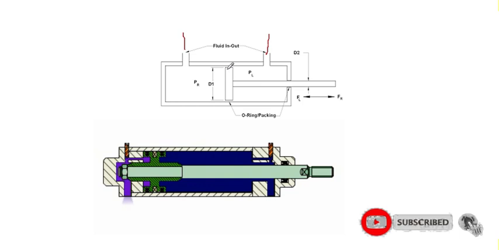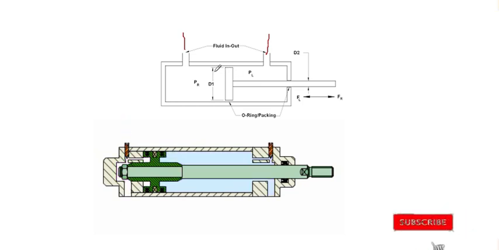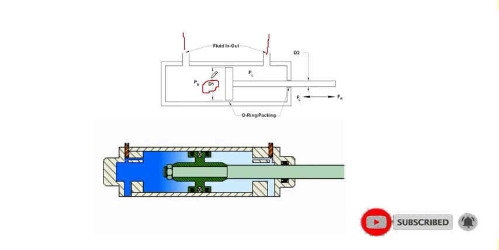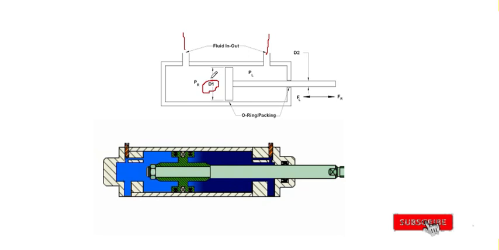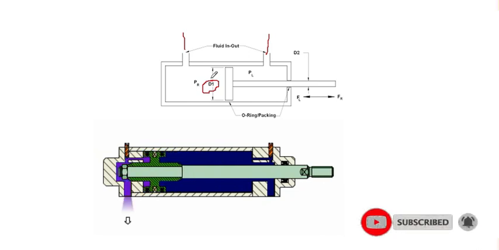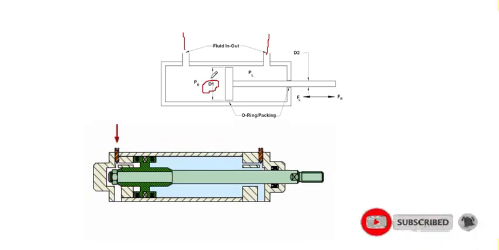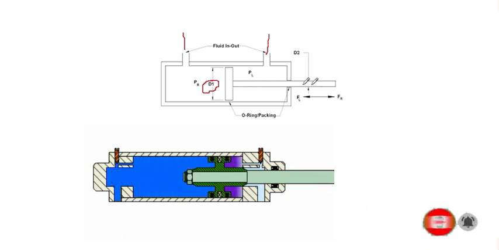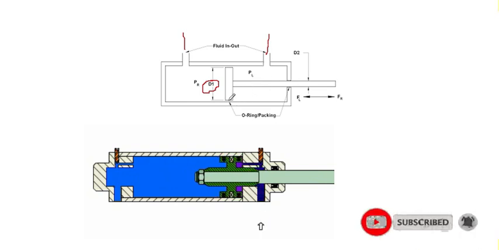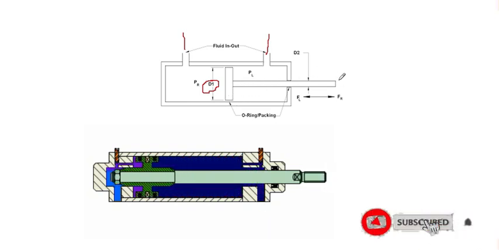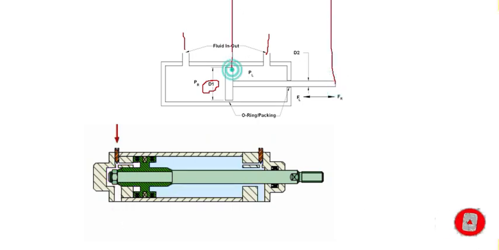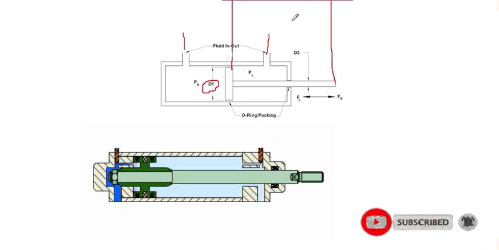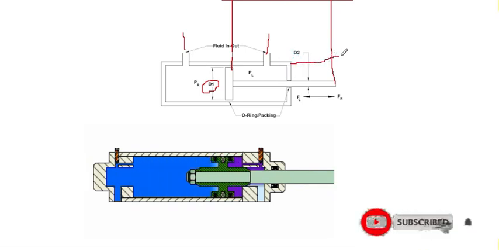This is the bore dia. D1 is considered as bore dia. Whenever you are selecting a cylinder, you should consider it with the help of this dia. It will come with dia 50, 100, 80. So the specification of a cylinder is always on the bore dia. And this piston rod, your stroke will be considered with the help of this rod length. This is going to be your piston rod, and stroke is going to be 0 to 1, 1 to 0. So this is going to be your stroke.